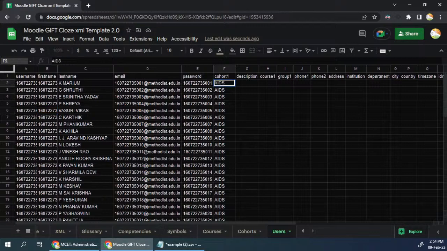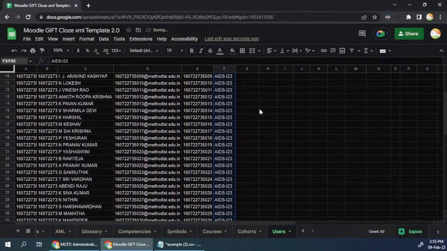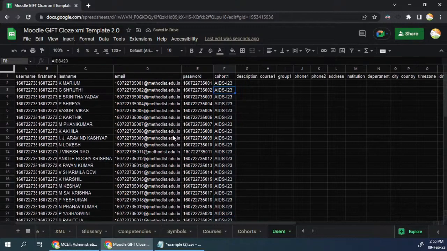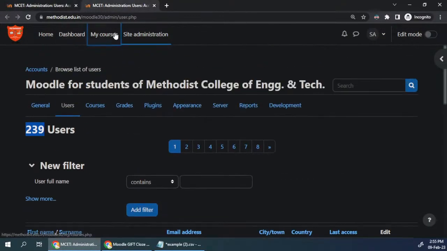If I want additional information like which semester they belong to, I can do that as well. So first sem or second sem, or if you want the year data like 2023, I can do that. I just have to copy paste this in all these places. So this will ensure that all the students are added to a particular cohort, and while adding the participants to a particular course, for example, let me come to,